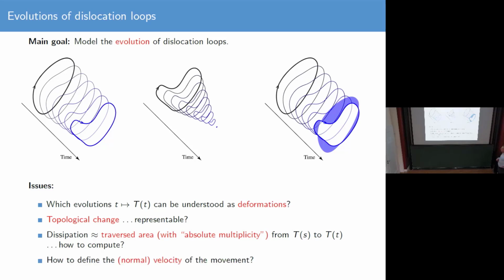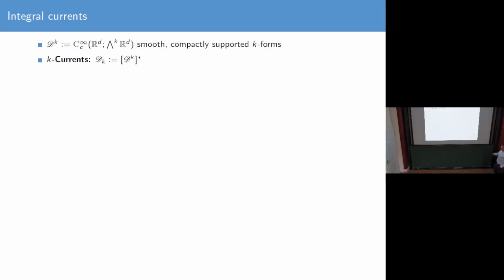It's just friction. Okay, and then also, this is more of a technical point. When you look at these kind of evolutions, you would like to define a velocity of movement, because the velocity will then feed into the other equations of this driving force. And finally, of course, being an analyst, I need to also think about, if I want to construct anything, I'll probably have some form of approximate solutions. I have to pass to some limit in some topology, so I need some sort of topology for these evolutions. Okay, and so